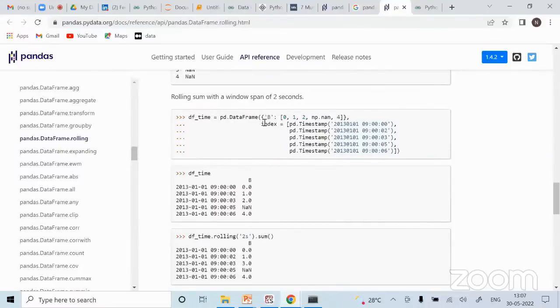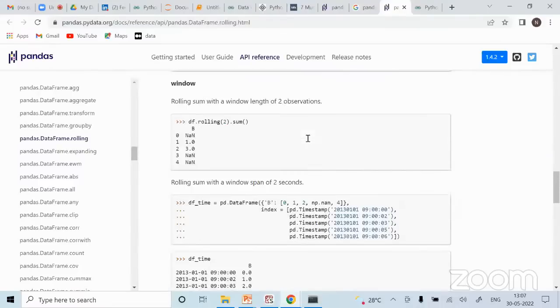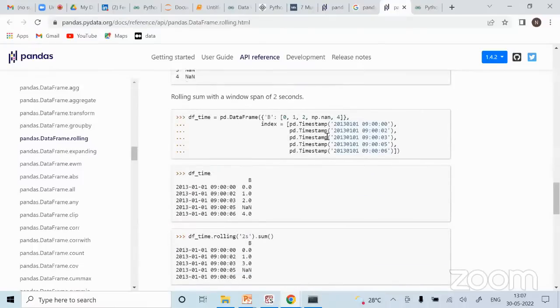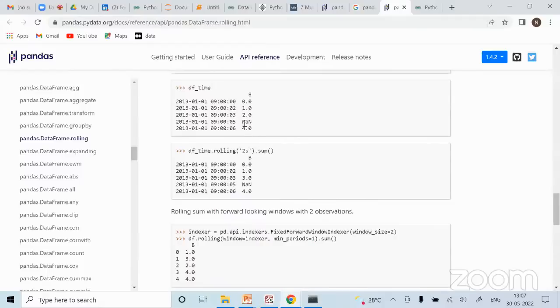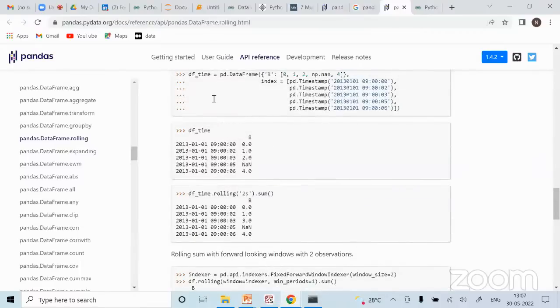So what it does is, I have created this data frame, and then this data frame I am simply rolling it for 2s and summing it up, right? So as you can see here, because we are just trying to understand what it does first of all, this was my data frame, right? Now what I'm trying to do here is I'm simply doing a rolling, and then I'm just giving 2s, and then sum.